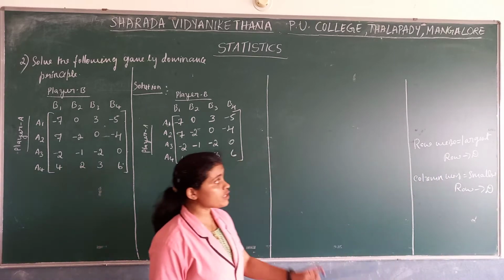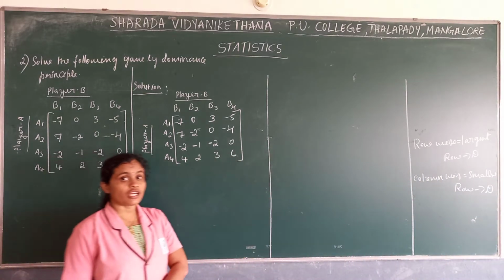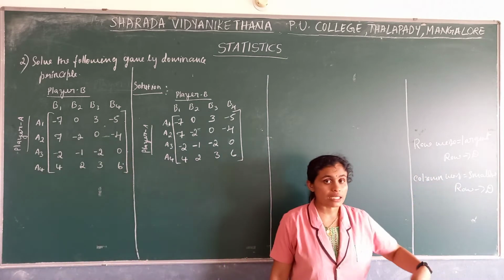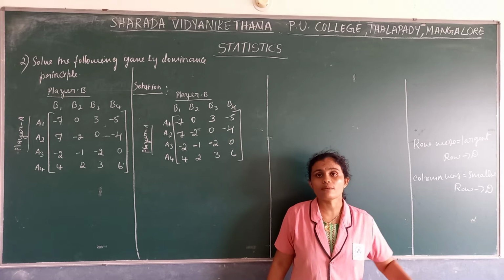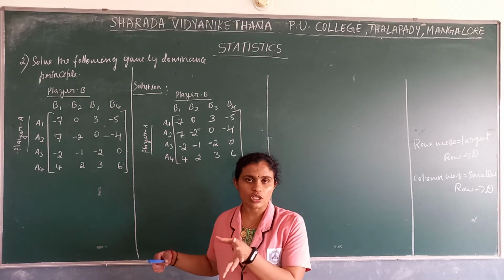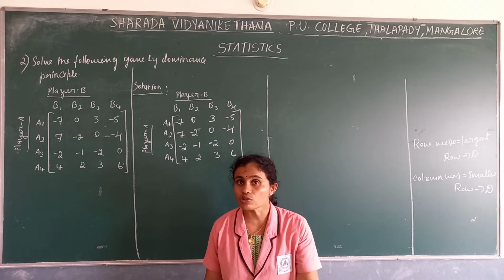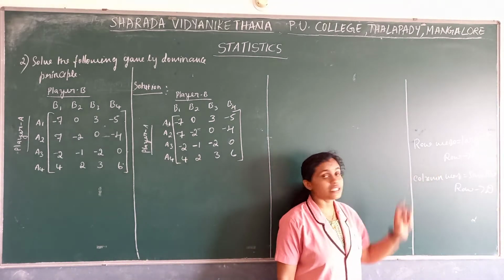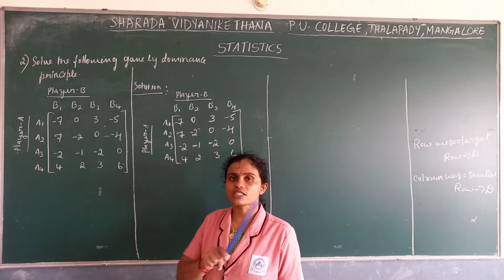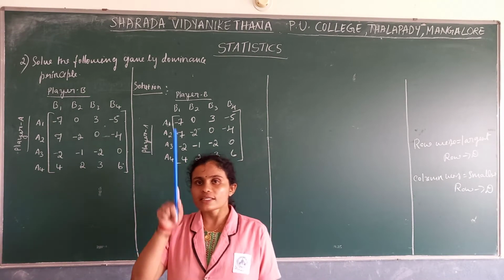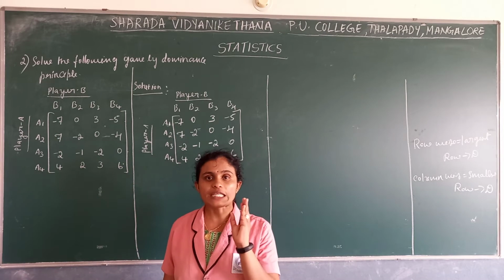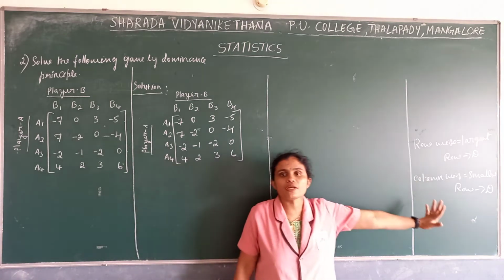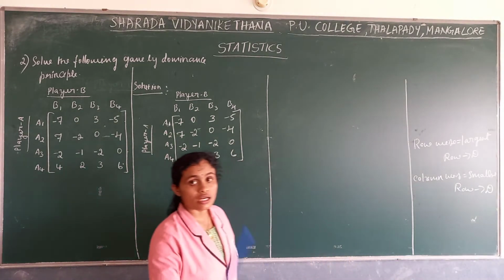We need to find out which is the dominating one, but we are not deleting the dominating one. The other one we are deleting. The row or the column that the particular row dominates, the other one we have to delete. Understand it clearly. In case of row wise, we have to see which is the largest row. In case of column, we have to see which one is the smallest row. By keeping the row which dominates, the other one we have to delete.